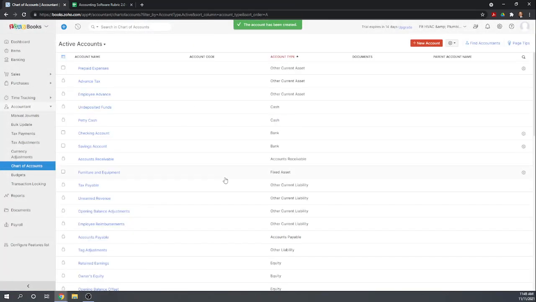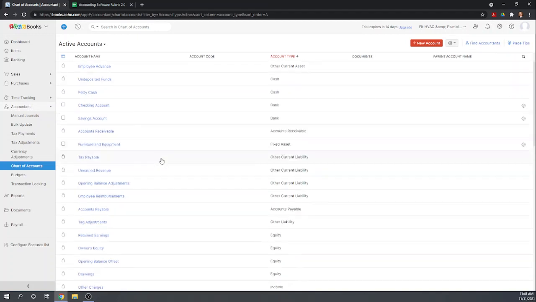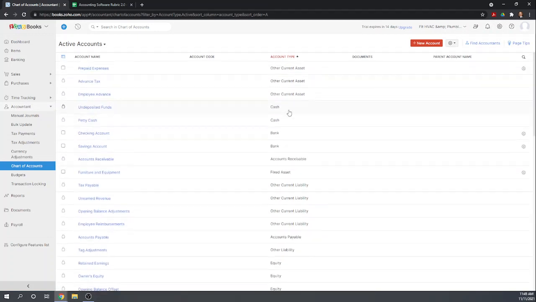Very nice. So we need an accounts receivable. I'm sure they already have that as a system account. Yes, so when you see the little lock like this, that generally means it's a system account. Inventory. So I'm not seeing an inventory account, but I know they have inventory accounting. So